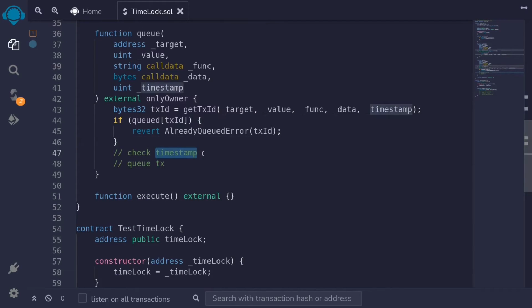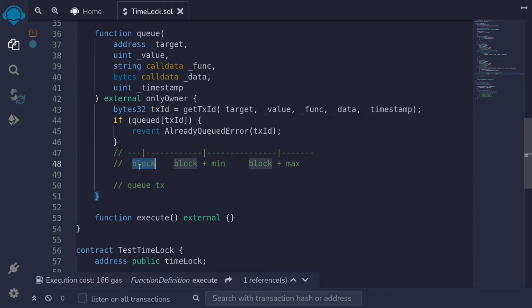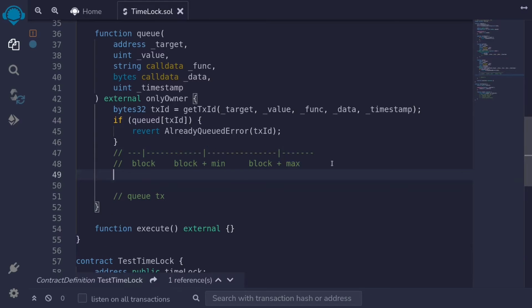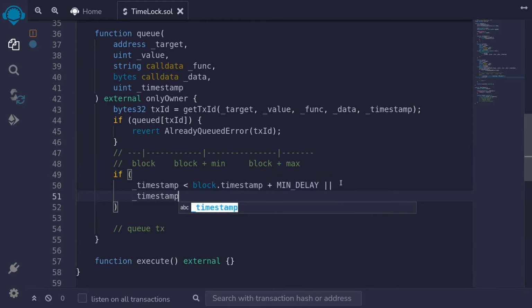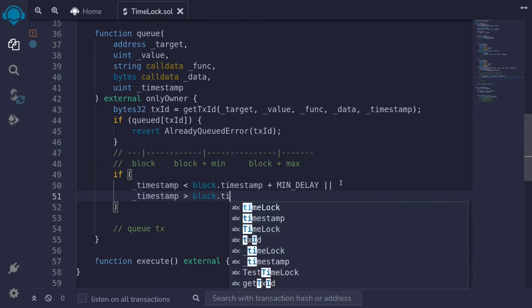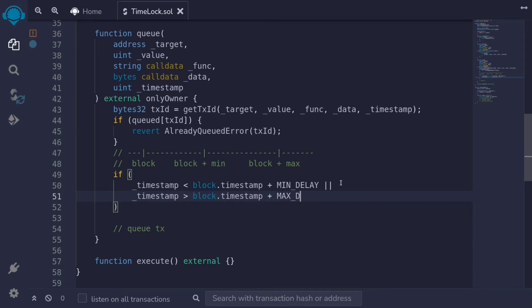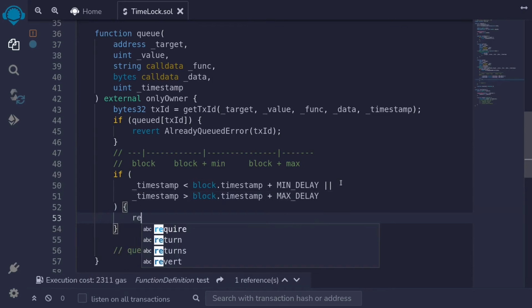So let's check the timestamp. We'll say that the current block is over here, and we need to make sure that this timestamp fits between block plus min and block plus max. So our timestamp will have to be somewhere inside here. So to do that, we'll say if the timestamp from the input is less than block.timestamp plus MIN_DELAY, we'll define this constant later, or if timestamp is greater than block.timestamp plus MAX_DELAY, then we'll throw an error message with revert,